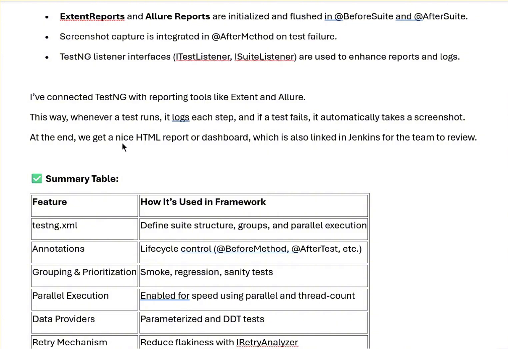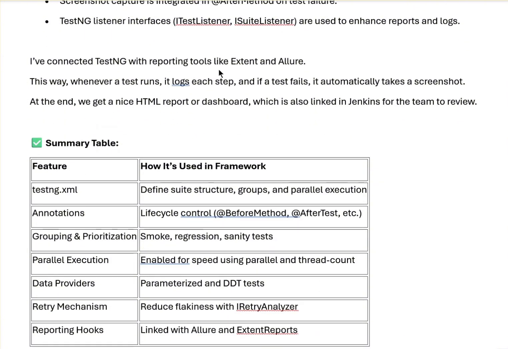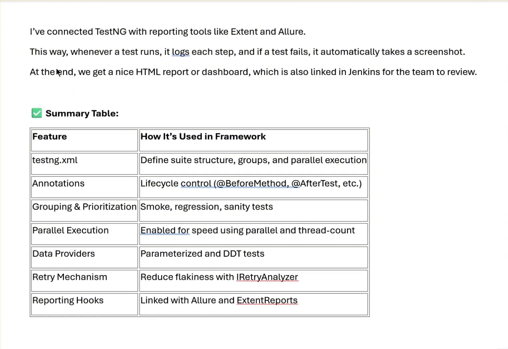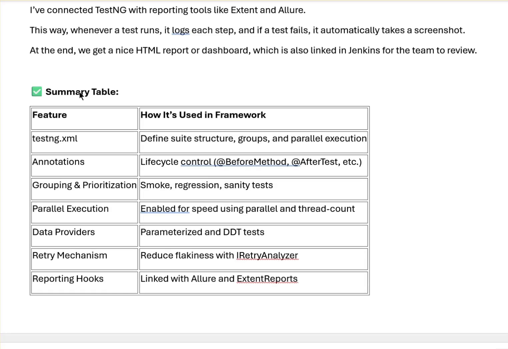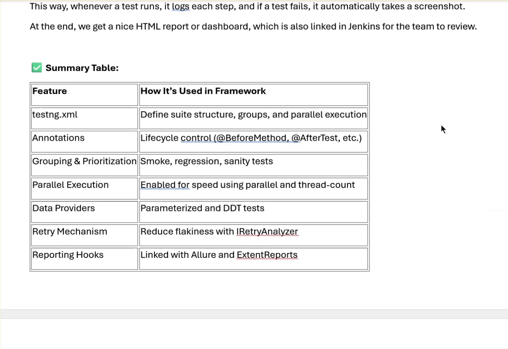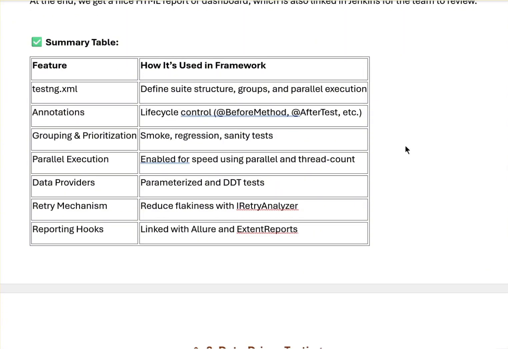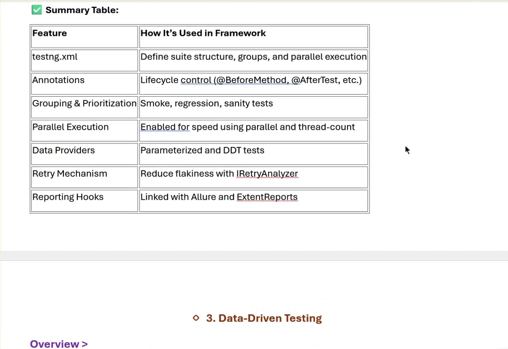I've connected TestNG with reporting tools like Extent and Allure. This way, whenever a test runs, it logs each step, and if a test fails, it automatically takes a screenshot. At the end, we get a nice HTML report or dashboard, which is also linked in Jenkins for the team to review. Now, to summarize everything that we have discussed so far,